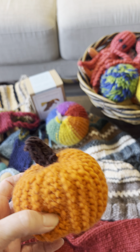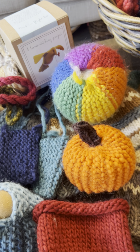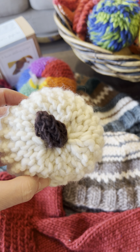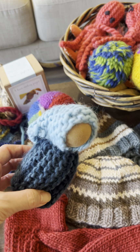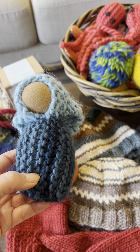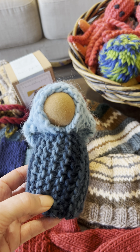This is a pumpkin, so we had a few pumpkins one year. And again, really simple knitting. If you want to do something that looks even more complicated, but again, still with the same shape, you can